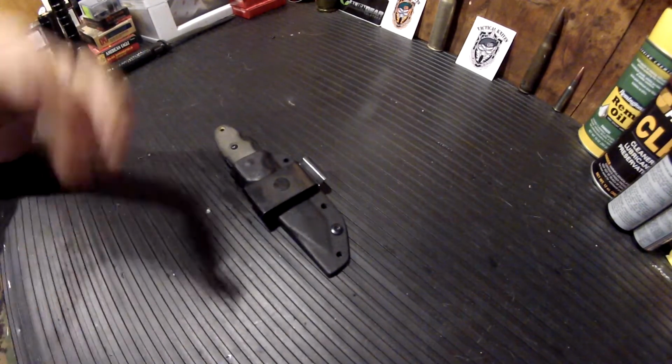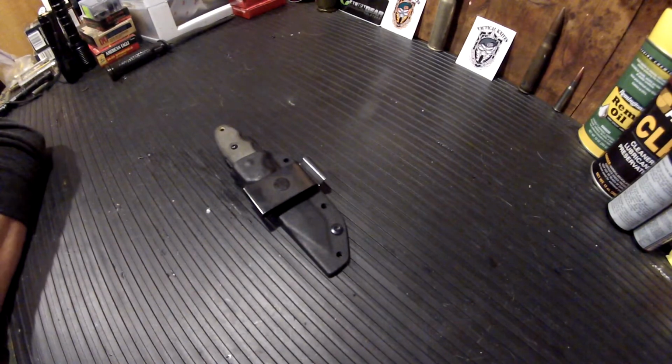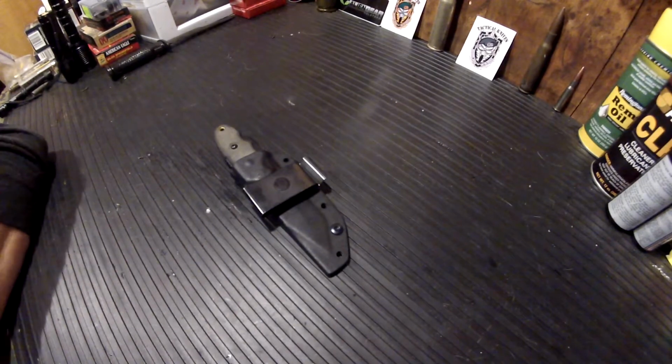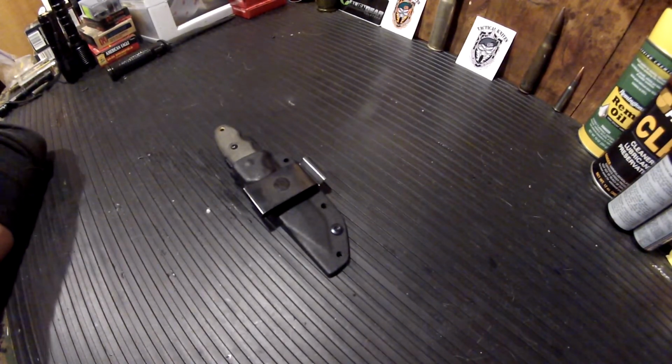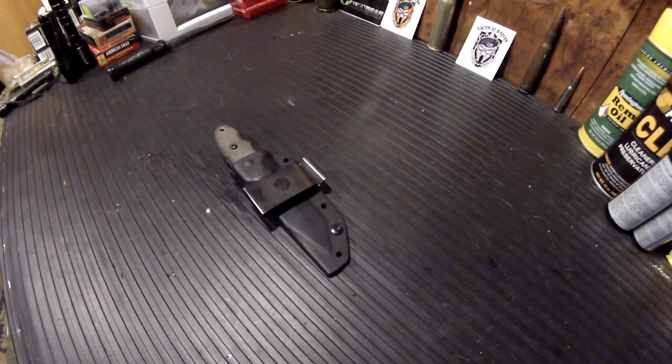But I said fuck it, and I started researching different options. The commenter gave the recommendation to look into a K-bar TDI, which I did, and a lot of law enforcement and military applications carry said knife. But I did a little more research into it, and it's stainless steel, which I'm not a big fan of for fixed knives, and also is made in Taiwan, so that totally killed any motivation I had going forward with